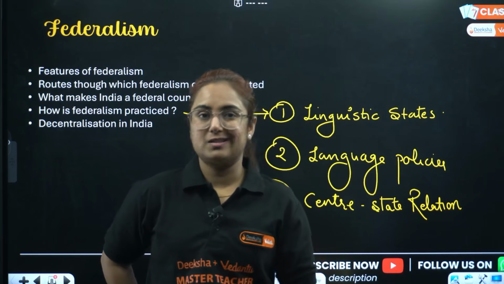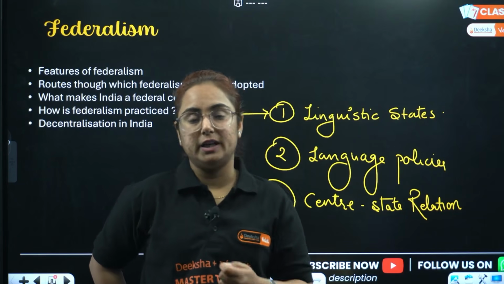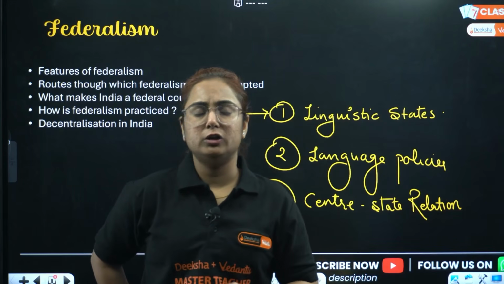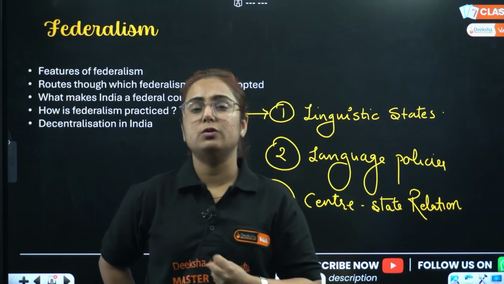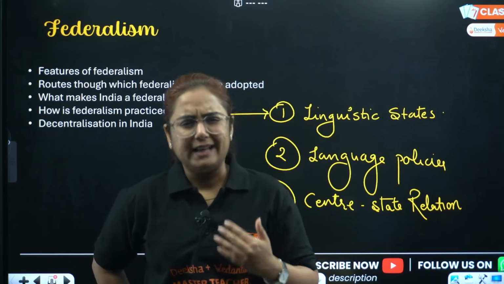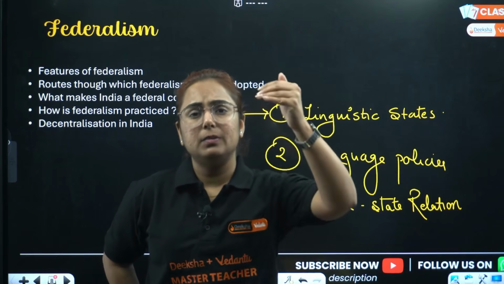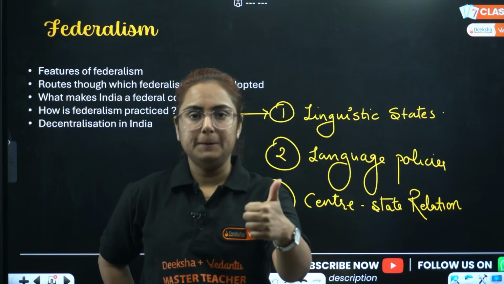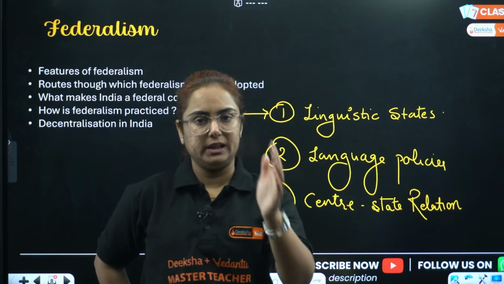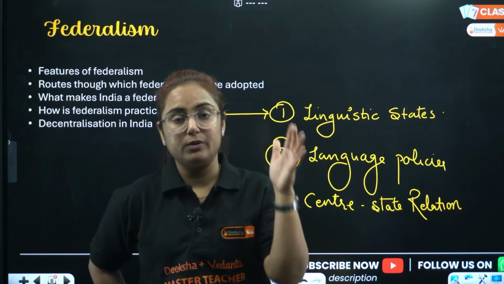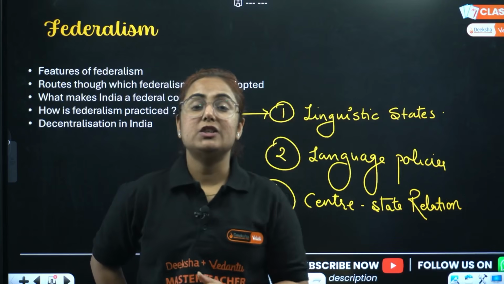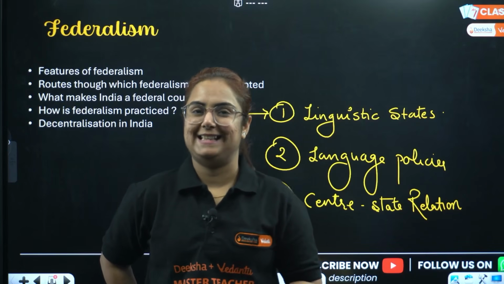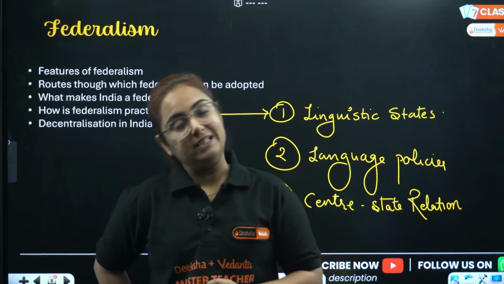But then the protests started in India. Andhra Pradesh was made the first state, and then came the 1956 States Reorganisation Commission. Some states were made on the basis of language, and rather than undermining the unity, it perfected the unity of the nation. Language policy: Hindi as the national language, Hindi and English as the official languages, as well as 21 scheduled languages. Then we have center-state relations.